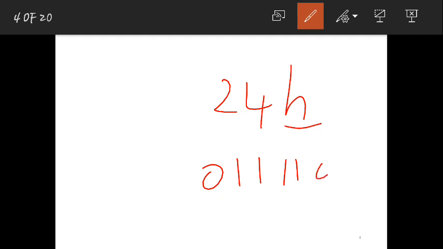Whenever you are writing a hexadecimal number, if you are writing 24 hexadecimal, you will write H, which represents that it is hexadecimal. When you are writing a decimal number, in programming you can also write a decimal number or binary number, it doesn't matter which number you are writing. But when you are writing, you need to represent whether it is octal or hexa or decimal or binary. If you don't represent anything, it will be taken as a decimal number.